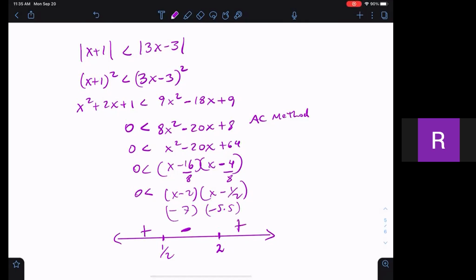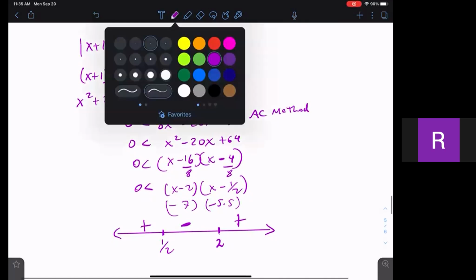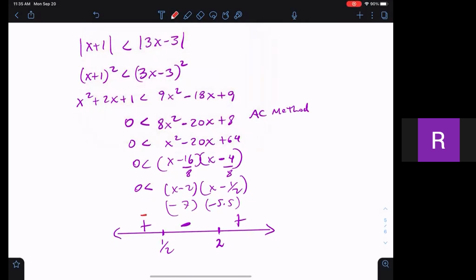So if the first interval, for instance, was negative, then it would be negative, positive, negative, if it's linear, right? So that means that you can do this that way. Okay, in this case, for the interval less than 1/2, we get negative, right? And you can check if you don't believe me. You can put 0 here, right? Because 0 is between 1/2 and 2, right? If you put 0 here, you're gonna get negative, and here you're gonna get